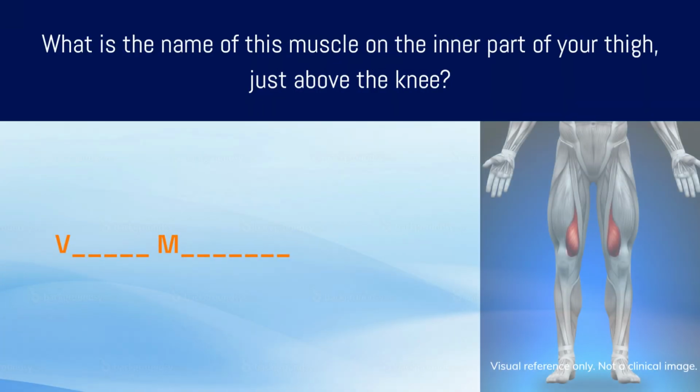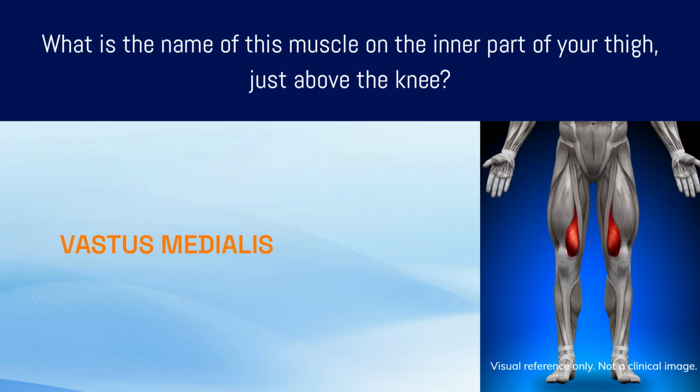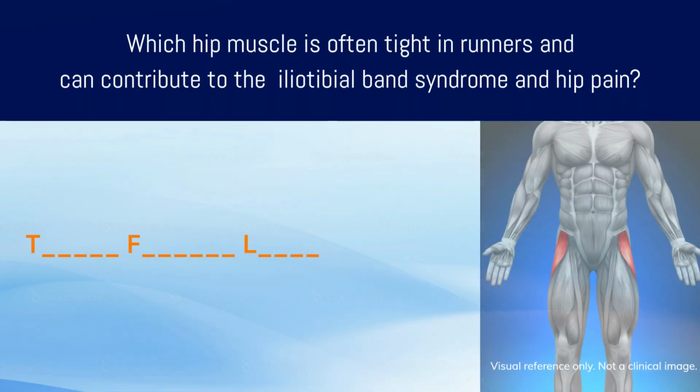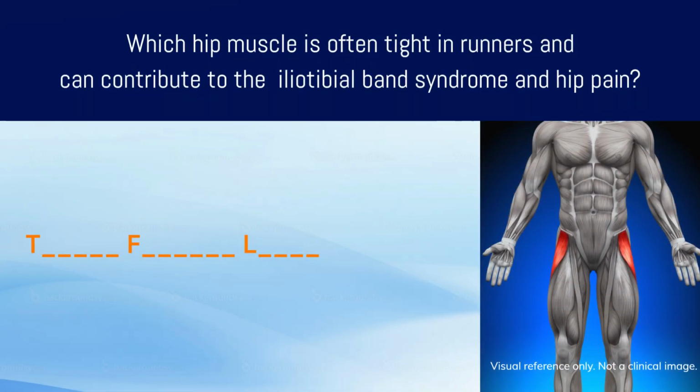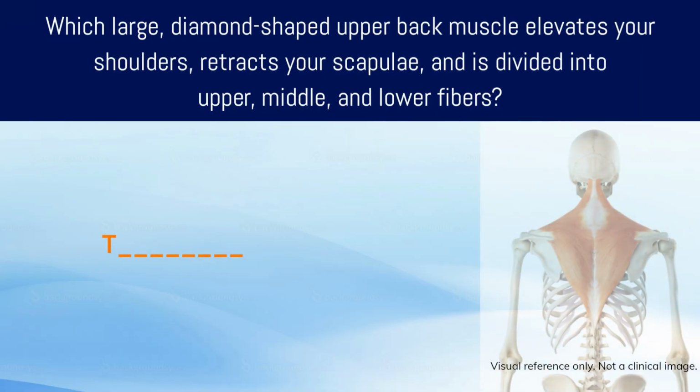What is the name of this muscle on the inner part of your thigh, just above the knee? Vastus medialis. Which hip muscle is often tight in runners, and can contribute to the iliotibial band syndrome and hip pain? Tensor fasciae latae. Which large, diamond-shaped upper back muscle elevates your shoulders, retracts your scapulae, and is divided into upper,